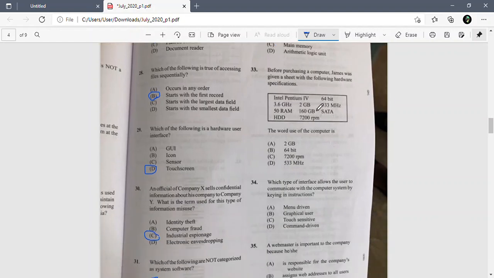Before purchasing a computer, James was given a sheet with the following hardware specifications, and you can see right here the word